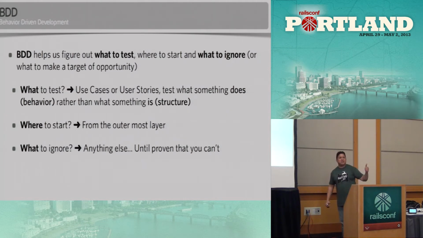All right, so what to test? Only the things that matter to the user. Typically it would be the reflection of a user story, or if you're using use cases, it would probably be a scenario of a use case. Where to start? From the outermost layer. In the case of web applications, it would be a web page, most likely a form. What to ignore? Everything else. And again, I emphasize ignoring the stuff in the middle, because that's the stuff that's in heavy flux, that you need to ignore until it solidifies the whole architecture and design of the app.